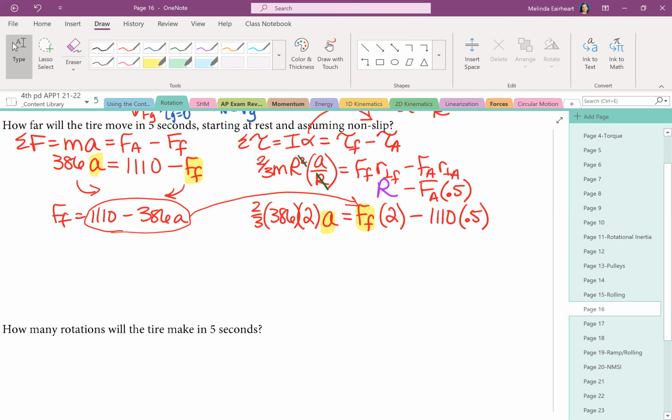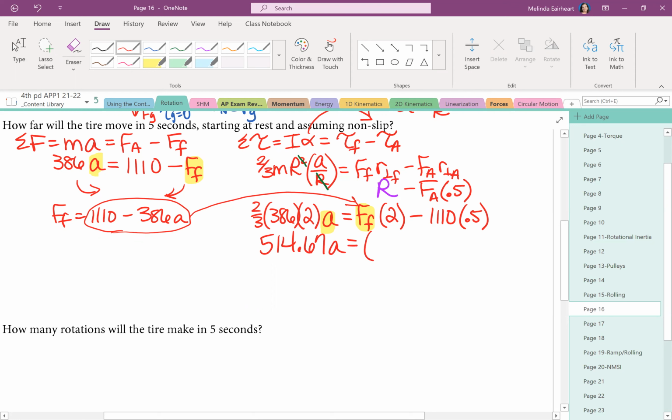Okay. And so someone grab a calculator. What's 2/3 of 386 times 2? What's that inertia simplification? I get 514.67